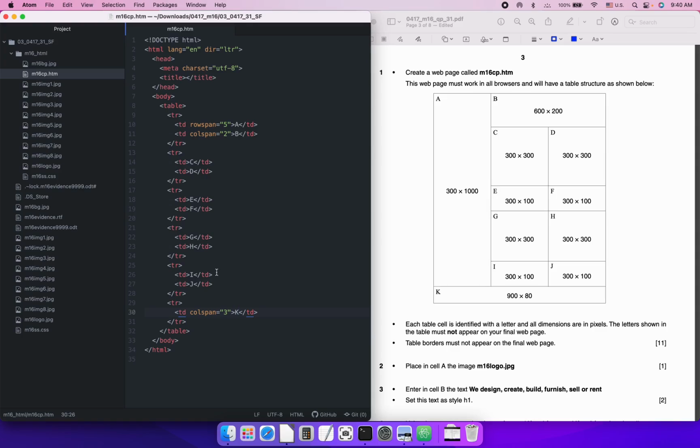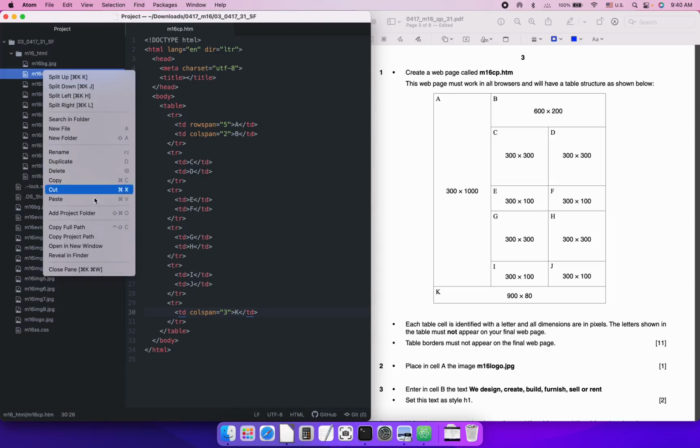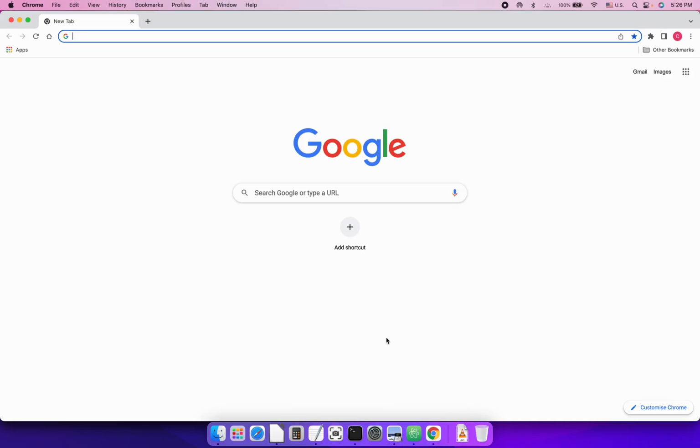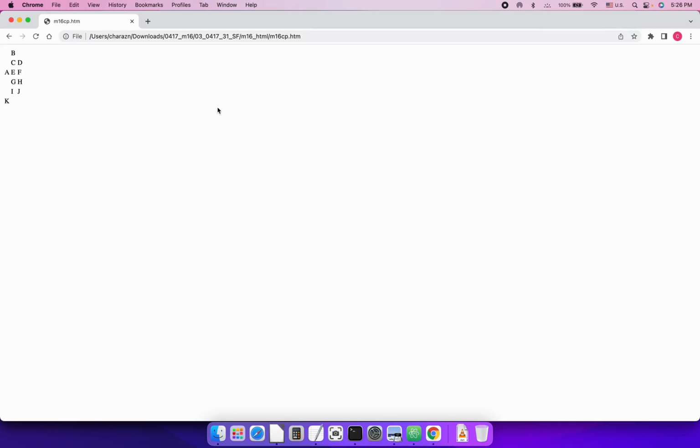All right, so can we see this right now? Perhaps we can. Okay, so what we can do is you can control click, and then copy the full path. All right, then go to your Chrome. Chrome will be best for this. So here is Chrome, and we can just paste the full path into the browser, and you can see that we have entered for each cell the letters of each cell,